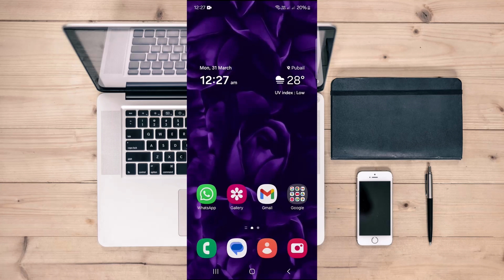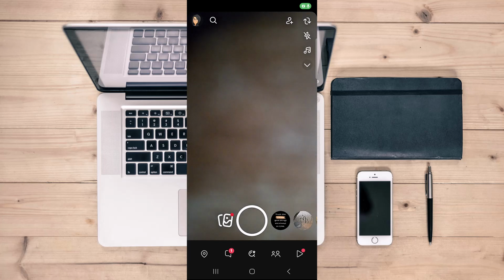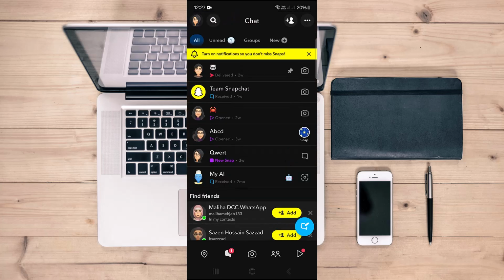In today's video, you are going to see how to see Snapchat messages without opening them. So head over to your Snapchat application. Once you're there, make sure you have logged into your desired account of Snapchat and head over to your DM section. And once you're there, you will find a notification at any conversation if you have not read their message